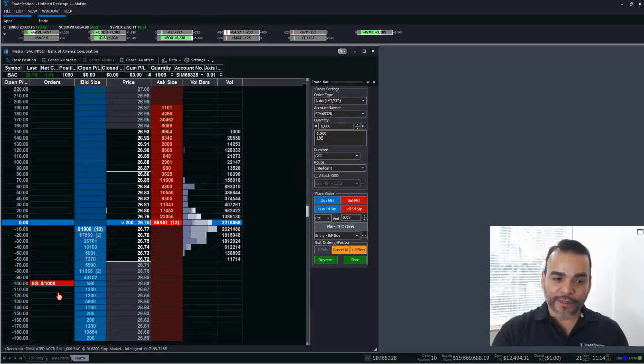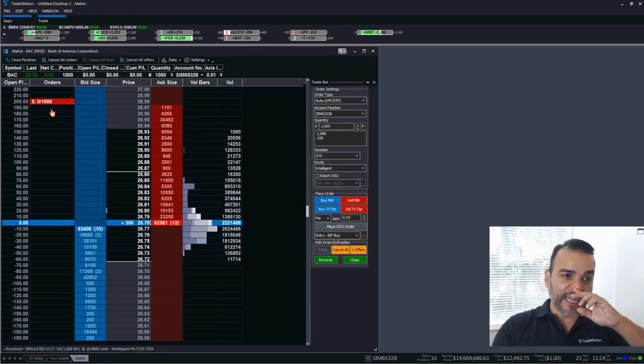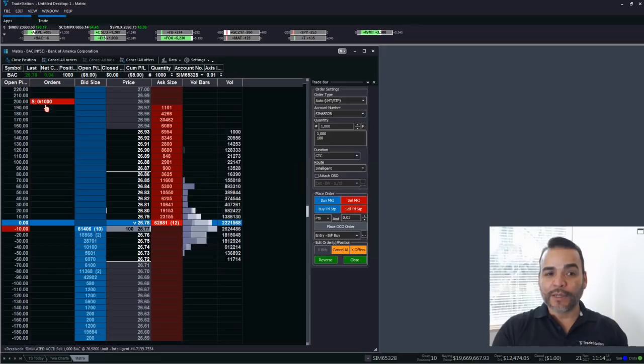What if you want to cancel it? Take your cursor on top of it. Notice how it says cancel order. Click it. The order is canceled. If you want to do a profit target, you come over here to the positive side. You click on a positive amount, and that's your target to sell 1,000 shares of Bank of America if it